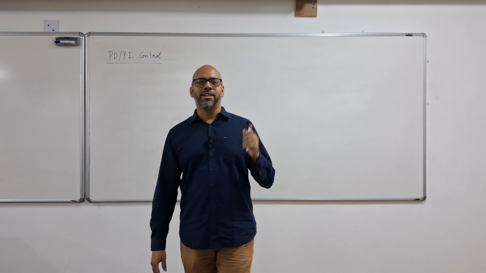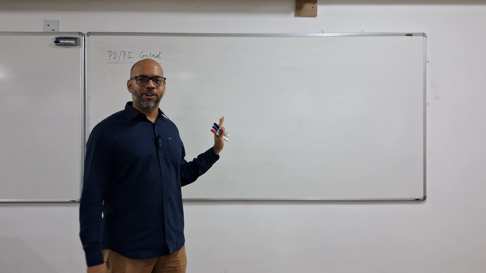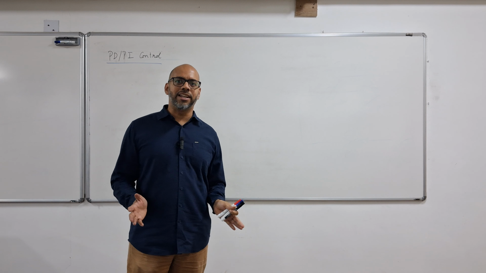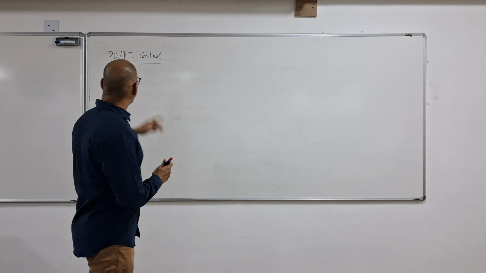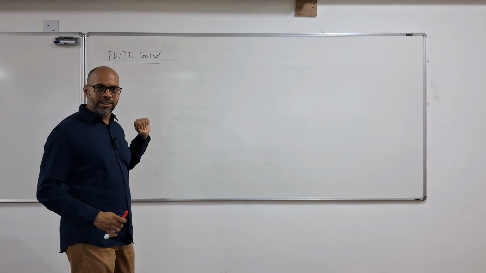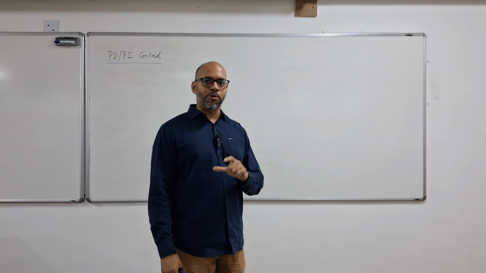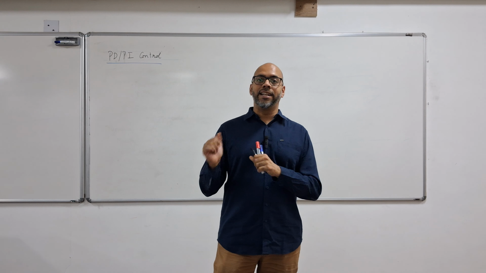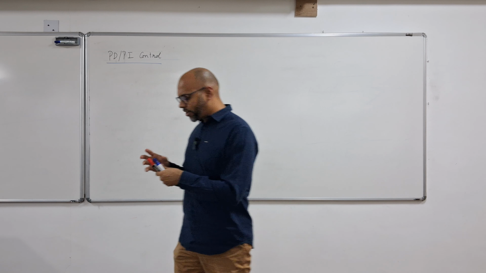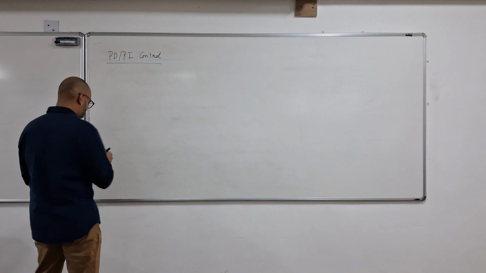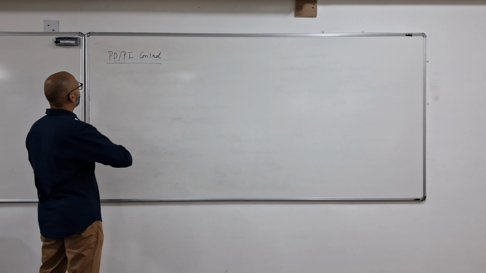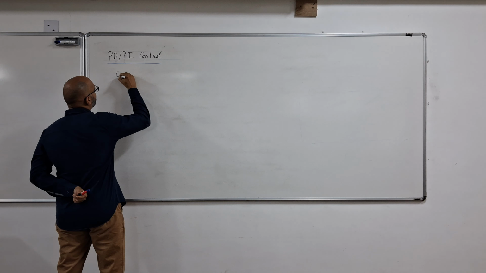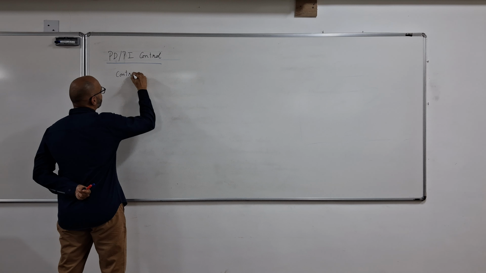Let's talk about very basic control concepts that we often use in robotics. So we'll talk about PD and PI control. PD stands for proportional derivative control and PI stands for proportional integral control. But before going there, we'll draw a block diagram, and a control block diagram is nothing but a schematic representation